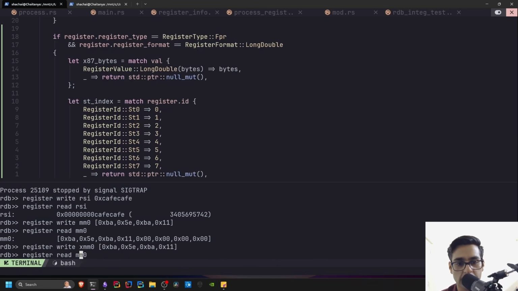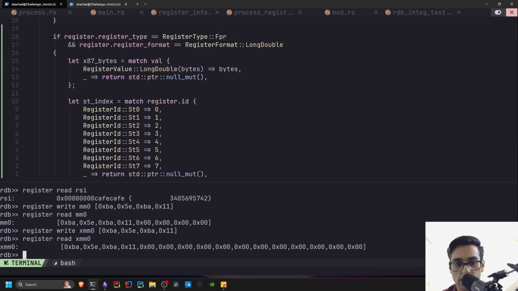We can read from XMM0, and it should have a lot more empty bytes. So it has a lot more empty bytes. That is fine. We'll try to write to the FSW register, which is a special register. I'll explain what that register does probably. Okay, so I'll do that. So let's try to write to register write FSW